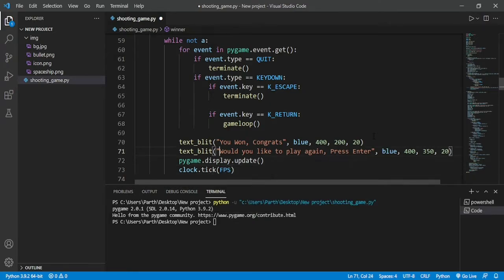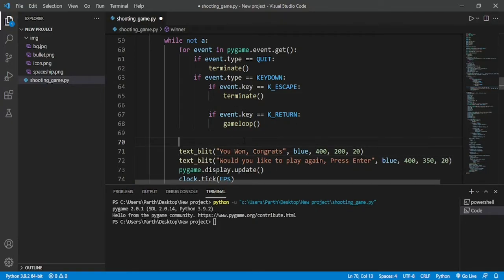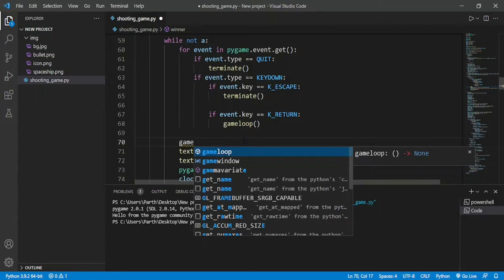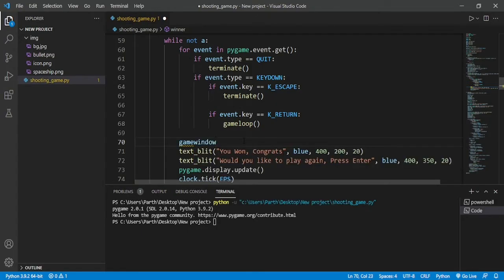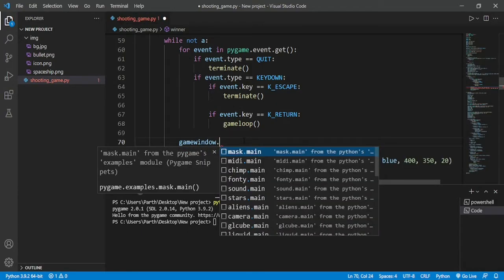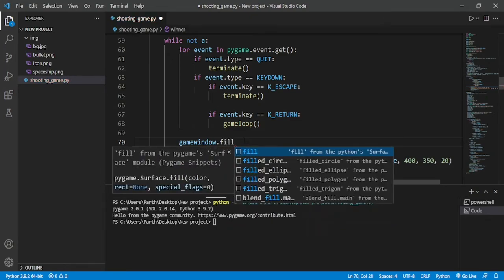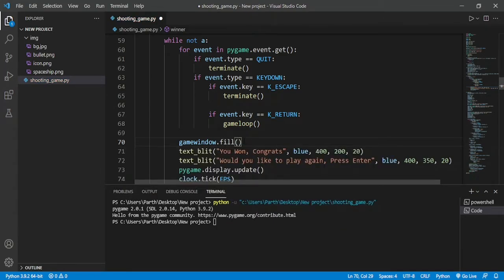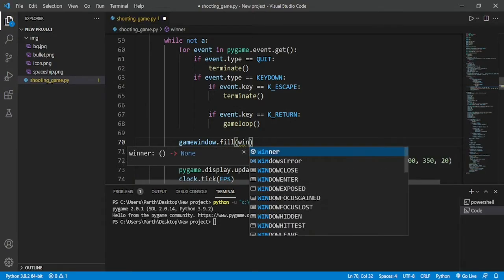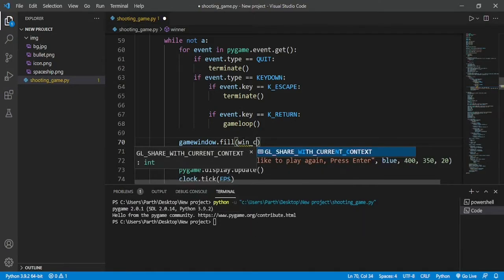And we also need to change the color of our screen before all of this. So for that we are going to use the game window.fill functionality, and we are going to fill the screen with a color. Let's make another color, and we are going to put it inside a variable called winning color.